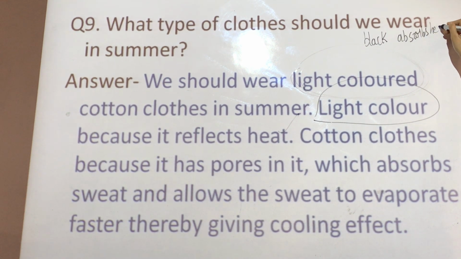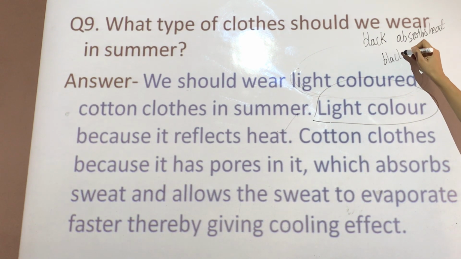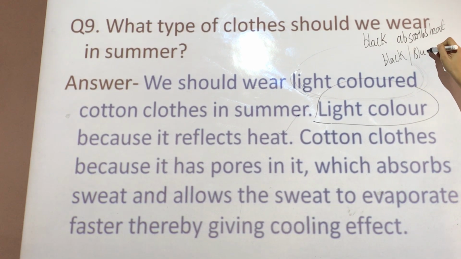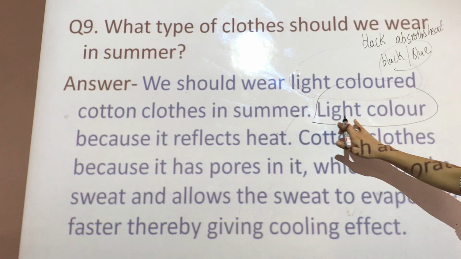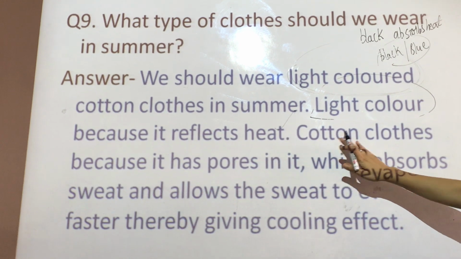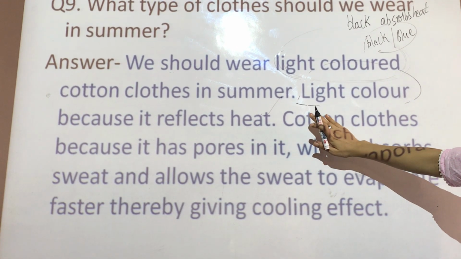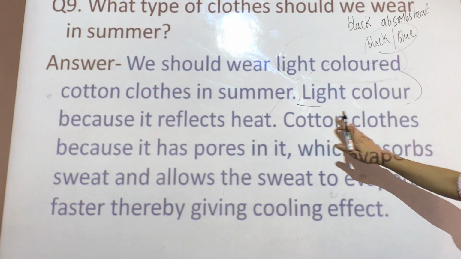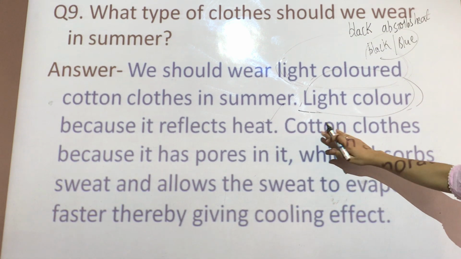That is the reason the blazers of your school are black or royal blue in color, because they are dark colors, they absorb the heat. So in summer you need to wear light colored clothes because they reflect heat. We should also wear cotton clothes, because generally cotton clothes have light colors. Also cotton clothes have